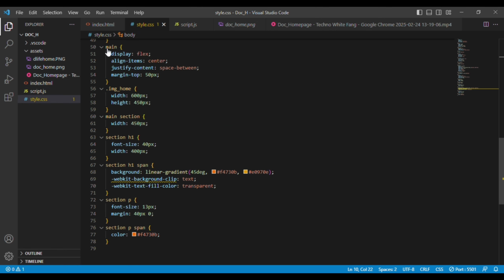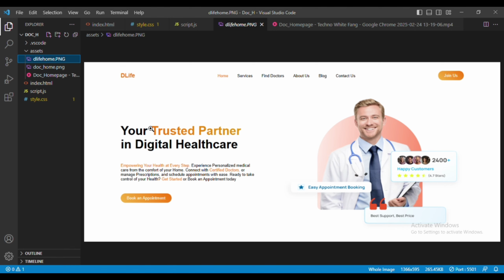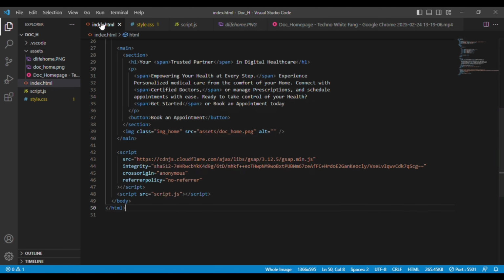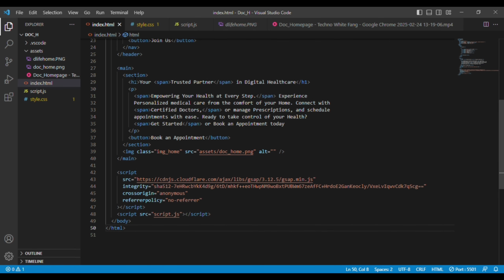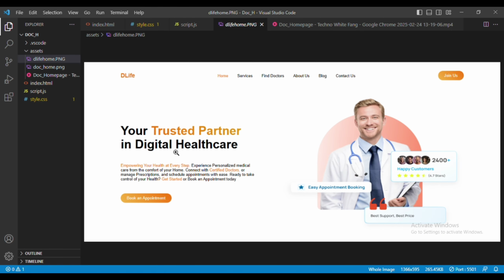So let's go to the css file. In the main section, first we are doing display flex, align items center, justify content space between. You can see this entire text is one div and this image is one div, as in the index.html file. This entire section is one section, then we have the image. So we are applying flex for this entire section and in between this image. So we are applying display flex, align items center, justify content space between. Because we are adding space between, you can see the space is added between the content and both contents